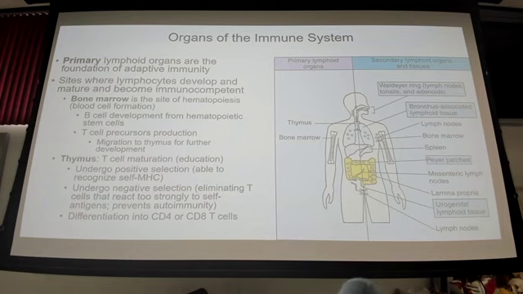Okay, speaking of, now getting into organs of the immune system, we have two primary legit organs, the bone marrow and the thymus. We've talked about this a couple times, that all blood cells, white and red alike, are born, if you will, in bone marrow. So with the white blood cells that are in the bone marrow, this is also where our lymphocyte populations are generated. These are very badly phrased bullets, but both B cells and T cells are produced in the bone marrow. Okay. T cells are a little bit more complicated in terms of their